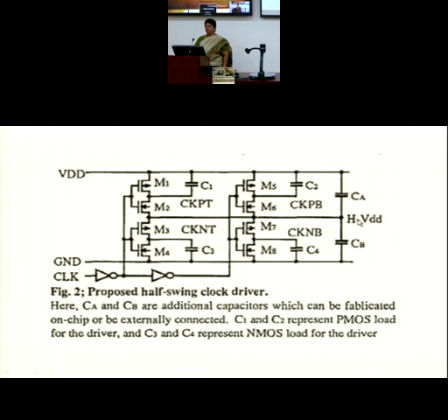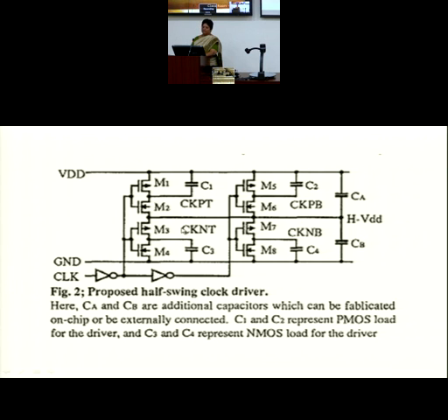This is half VDD. You need to generate a half VDD point because that is crucial to all the clock swings. We have the VDD point, and we have the 0 point also. We also require a half VDD. So they are not using a second pin carrying a half VDD signal. They said, okay, let us try to generate it on chip. So they proposed a circuitry where they generate a half VDD point by using 2 extra large capacitors and 4 inverters, thereby generating the 4 waveforms required.